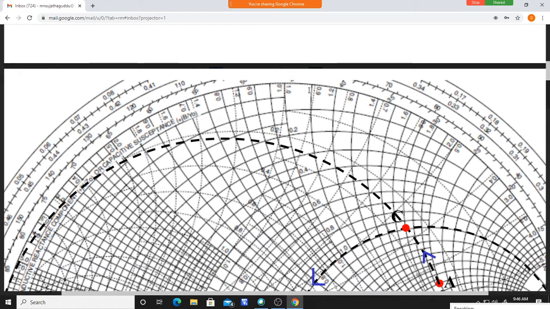Not given means you should take an intermediate value. This is 1, what is this value? 1.1. This value is 1.1. So like that, this circle above it is not given. You should not take this 0.9 here, and this corresponds to susceptance. See, a susceptance circle is passing. This is a susceptance circle.